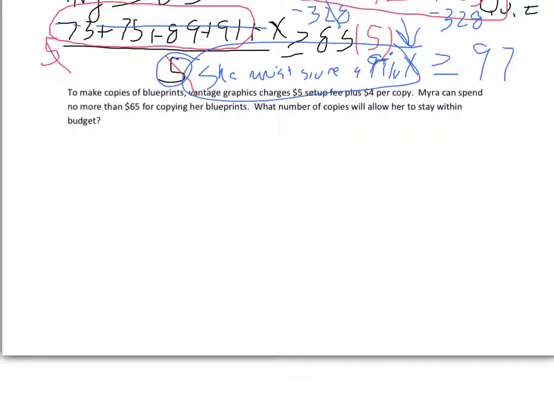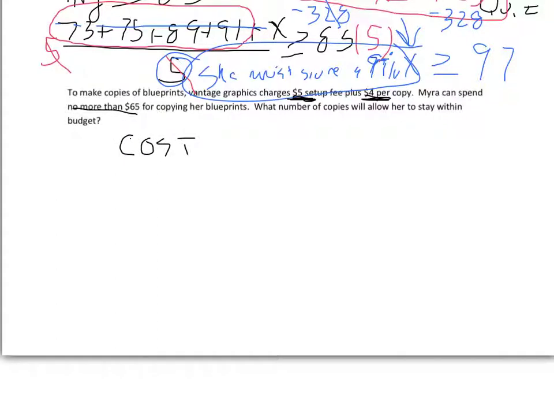Now, the next one is a fixed cost and variable cost problem. To make copies of a blueprint, Vantage Graphics charges $5 for a setup fee and $4 a copy. So $5 is the setup fee regardless if we make 1 copy, 2, 3, 4, 5, 6. There's a fixed cost, the $5 setup fee, and the variable cost, $4 per copy. Myra can spend no more than $65 copying her blueprints. So, her cost,